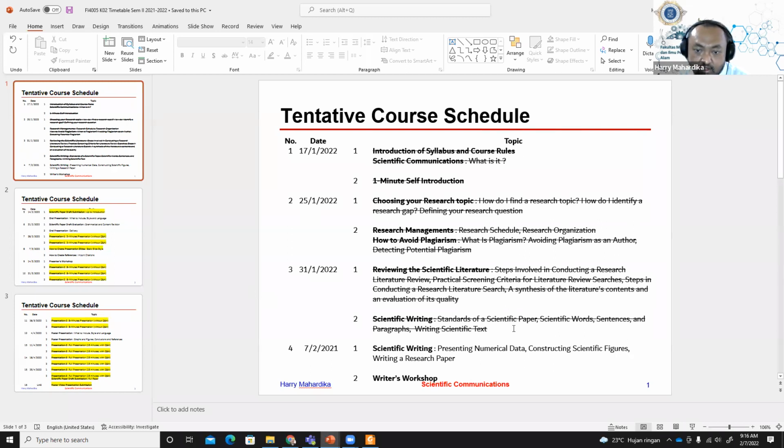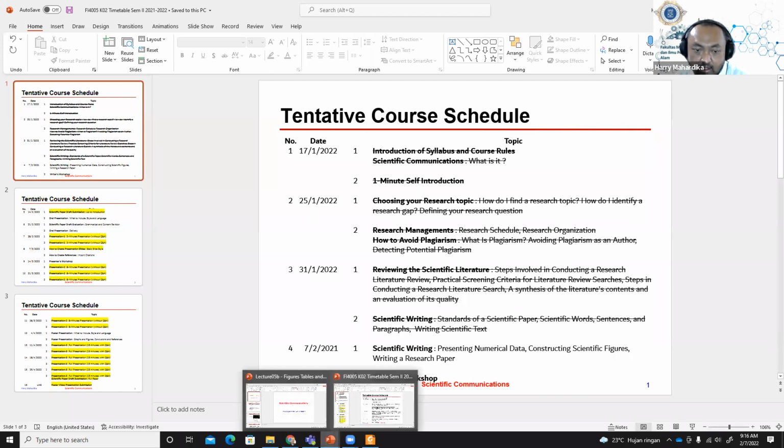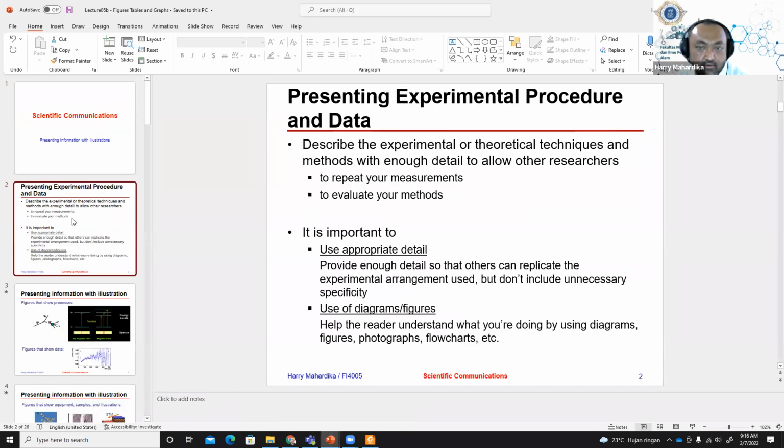Okay, we already talked about standards of scientific papers, scientific words, sentences, paragraphs, and writing scientific text. Now we are talking about presenting numerical data, constructing scientific figures, and writing a research paper. So, presenting experimental procedure and data: we describe the experimental or theoretical technique and method with enough detail to allow other researchers